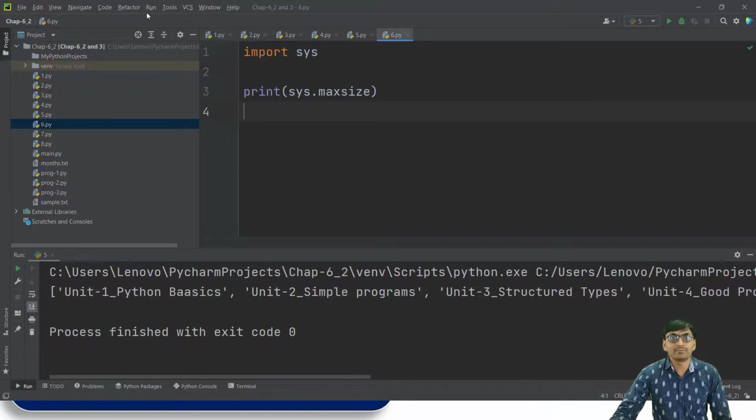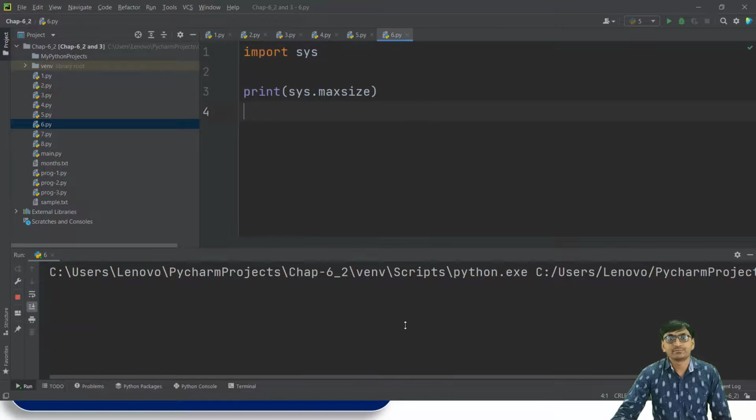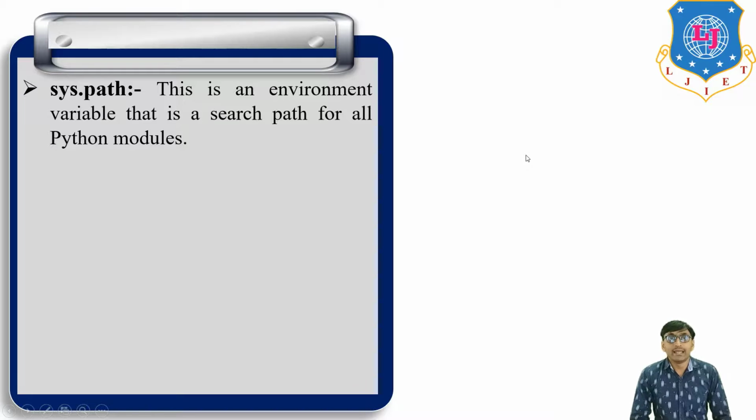If we run this program, the output is the max size, 922337 and the rest of the value. Then next, sys.path. This is an environment variable that is a search path for all Python modules.